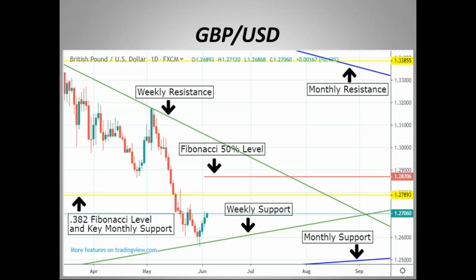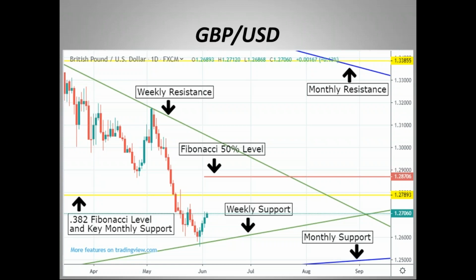Now the blue lines, which are in the corners of the charts, the upper and bottom right side, those are monthly resistance and support lines that are backing up the weekly lines that are coming down. So this market has been wedging on a monthly basis and a weekly basis, and obviously we have going out for the next 4 to 5 months before we're going to actually start to really test those levels on the monthly basis. But the fact that the weekly support held and bounced a few days ago, that would be a nice little indication that this market, even though it's in a bear market, has hit the lower part of its channeling lower.